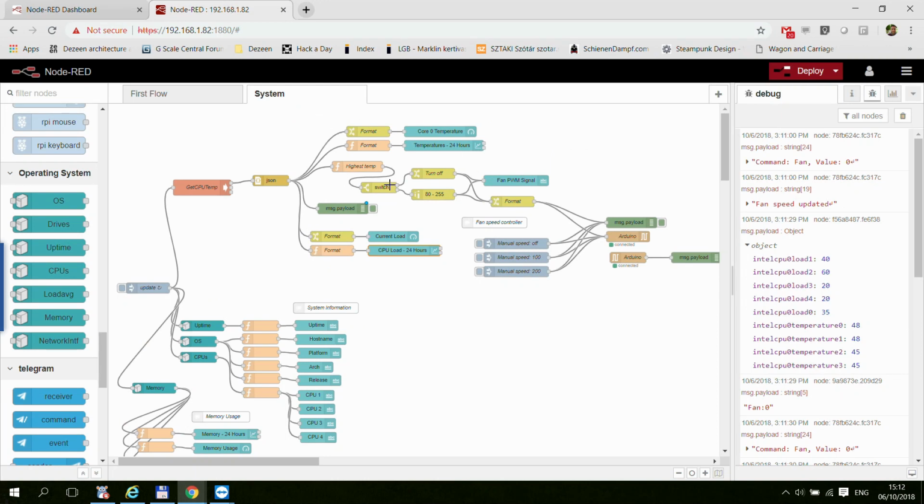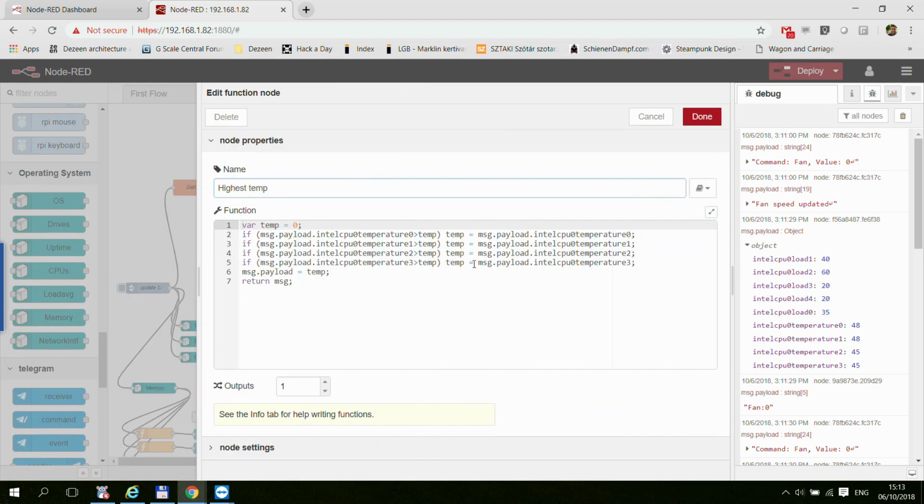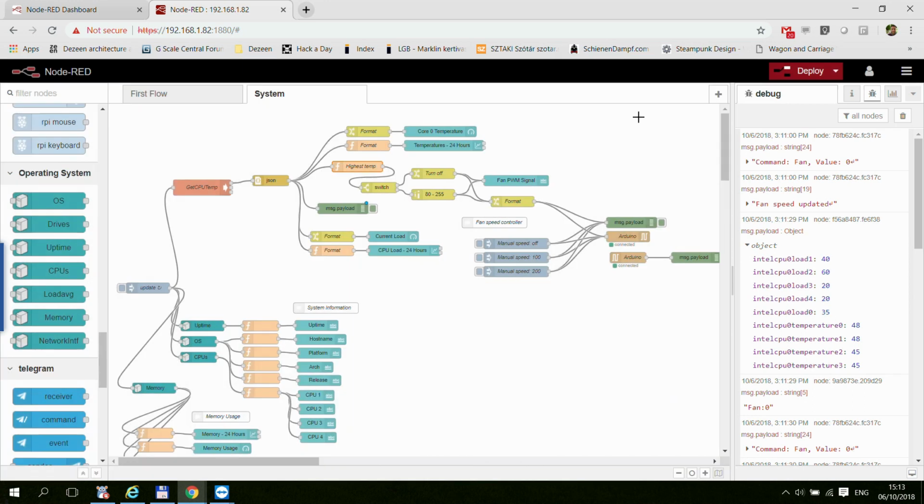Okay, so these are all about the static displays, and that piece of the flow is responsible for sending the data out and calculating the PWM signal. So first of all, I have a little bit of code which basically selects what's the highest temperature core, the warmest core. So out of the 4 temperatures, I'm selecting the greatest one, and